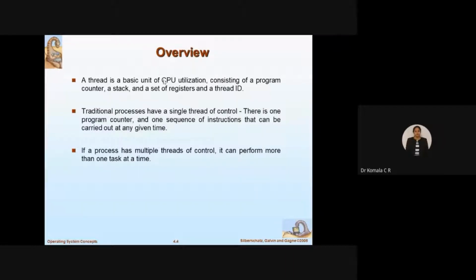So how are you utilizing it? Fine. So what is a thread? It is actually a basic unit of CPU. This is the most important unit in the CPU. Fine. So what exactly does the thread consist of? It consists of a program counter. So to perform the CPU function, what are the things you need? You need to go for a program counter, right? Why do you have to go for a program counter? A program counter is a register which is used to hold the address of the next instruction to be executed.